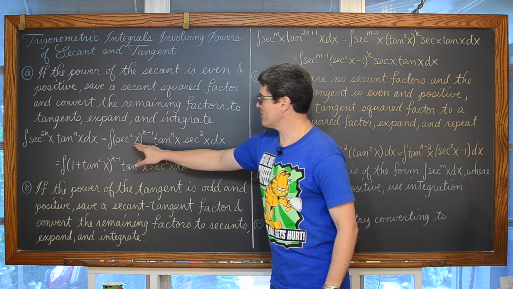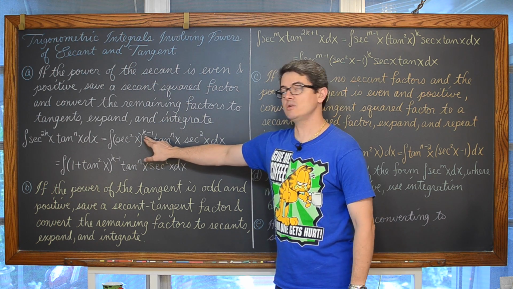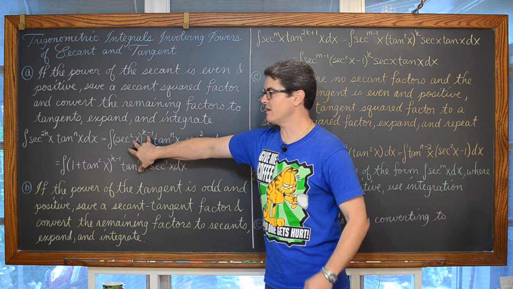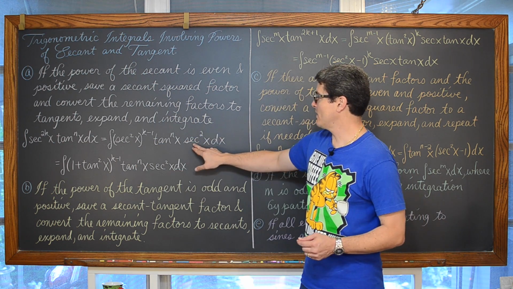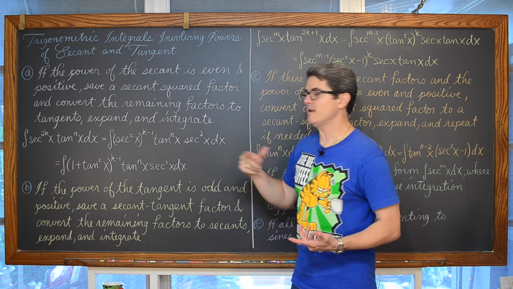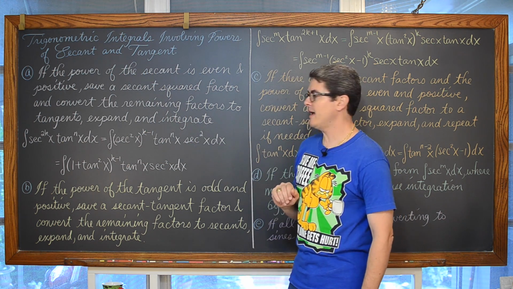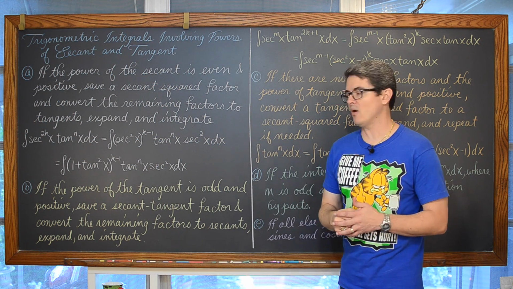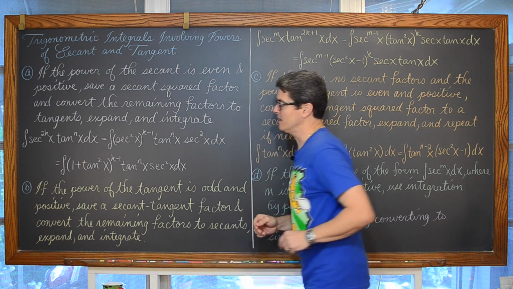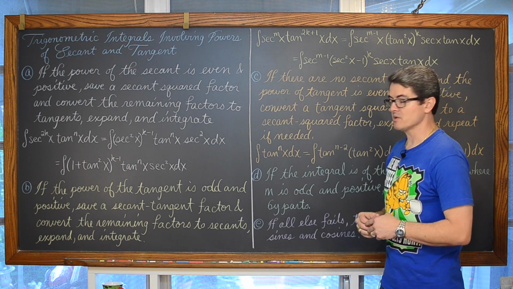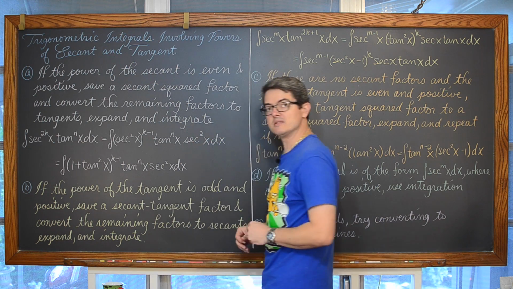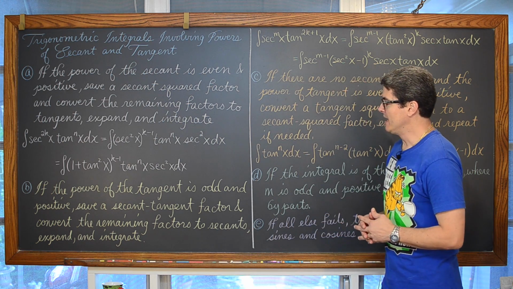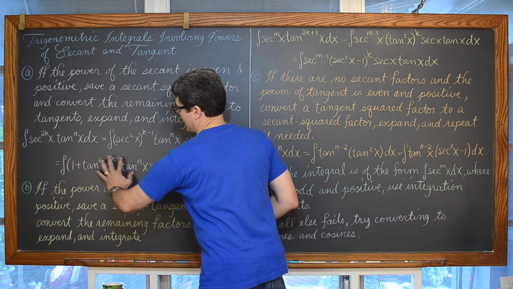We're going to pull one of those out, so we see a secant squared raised to the k minus 1 power, and a secant squared over here. Well, of course, power to power means that this would be 2k minus 2. Here we have a secant squared. When you multiply like bases, you add the exponents, and 2k minus 2 plus 2 gets us back to that original secant with the even power. I'm just trying to explain a little bit what's going on in this expansion notation that you see in your textbook. Now we're going to take the secant squared with the Pythagorean identity, which is of course 1 plus tangent squared of x is equal to secant squared of x, and we're going to do the expansion and have a bunch.